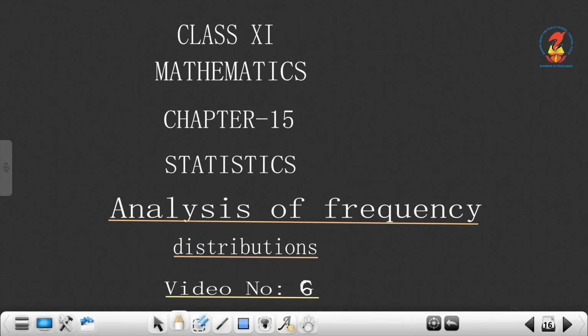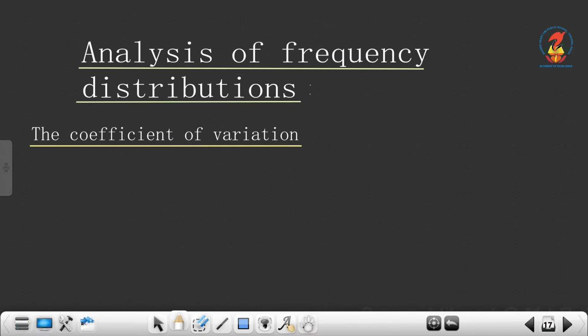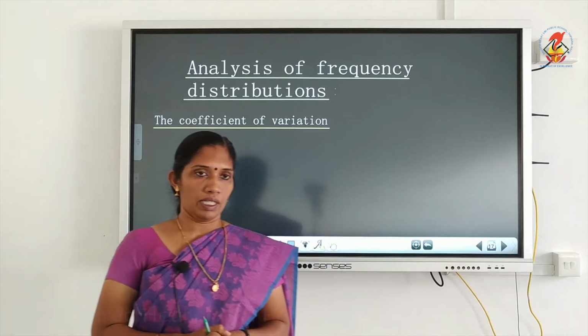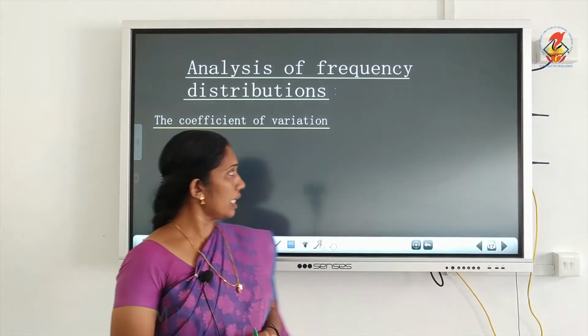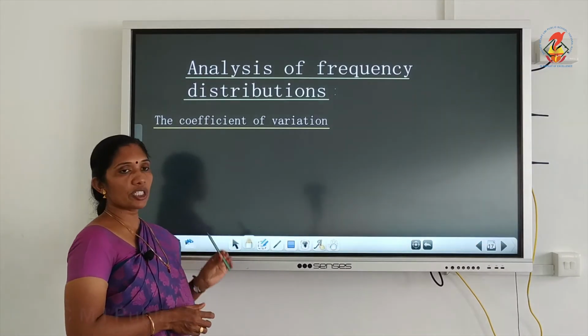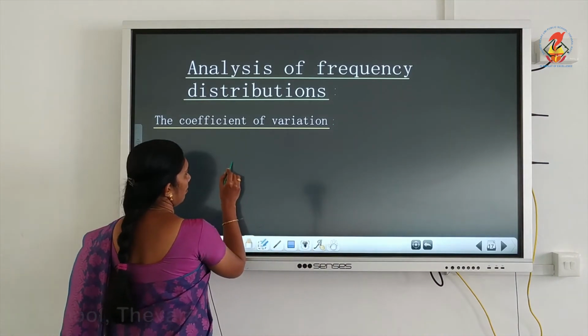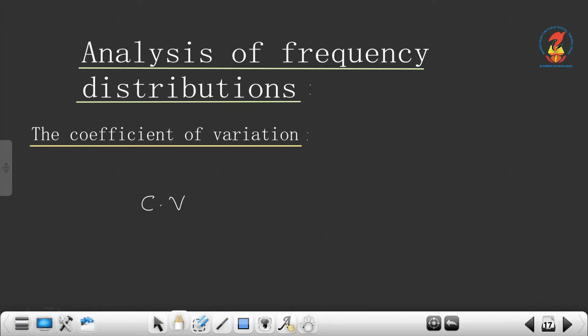The next topic is analysis of frequency distributions. So now you know how to find the mean and variance of grouped data and ungrouped data. For comparison, if two frequency distributions are given, how do we compare? For that we have to find the coefficient of variation, denoted CV. It is defined as sigma by x bar into 100,